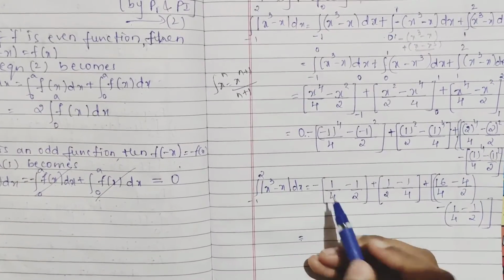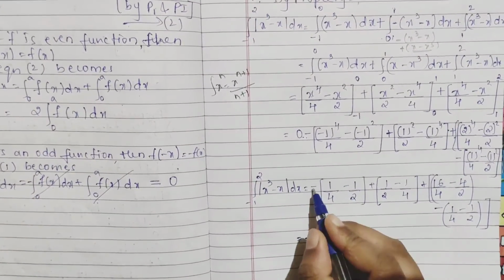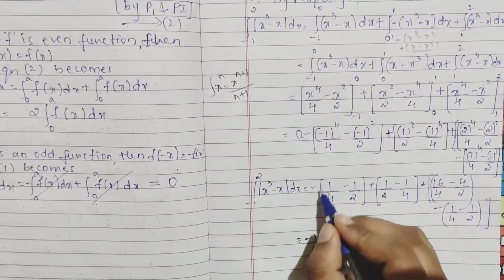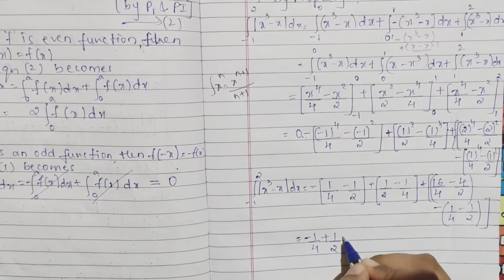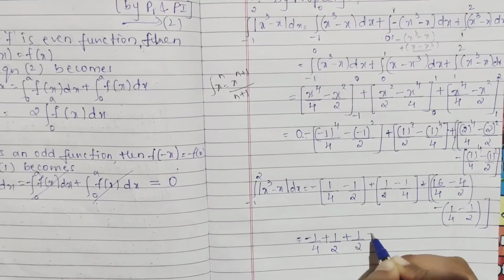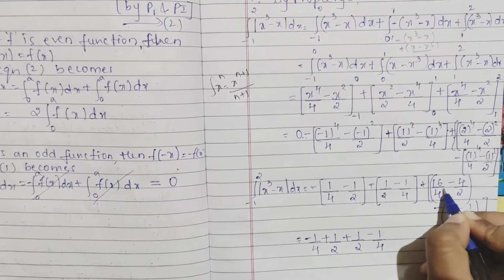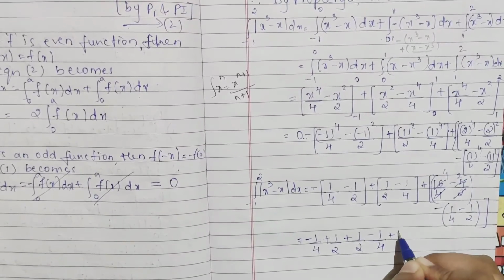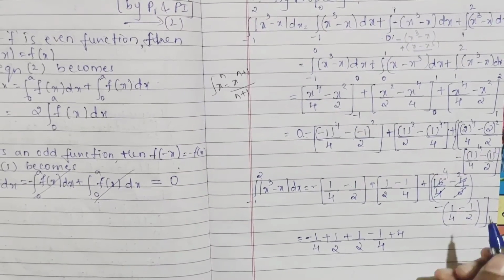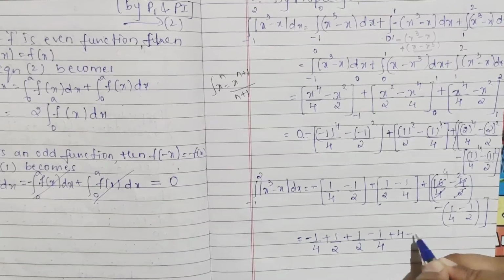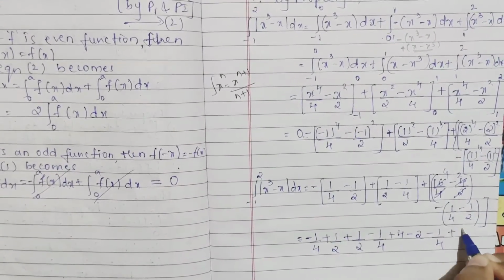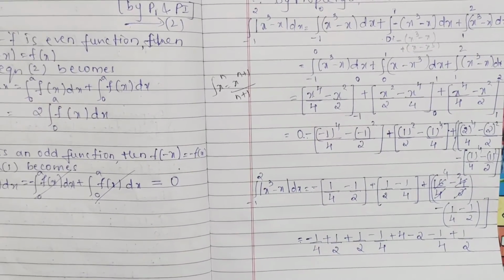Minus you have 1 by 4 minus 1 by 2. So if I open up, this is minus 1 by 4. See, multiplying your minus sign, minus into minus plus 1 by 2. This minus was only for this term, okay? Don't take it for everything. Plus 1 by 2 minus 1 by 4. Now here you see 4 fours are 16, 2 twos are 4. So I am having plus 4 minus 2, directly shall I write? Okay, and here again minus 1 by 4, minus into minus plus 1 by 2, right?